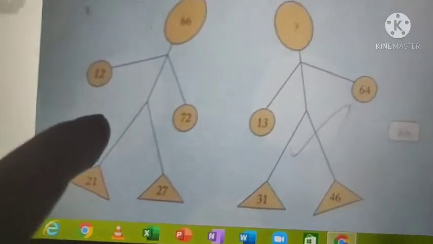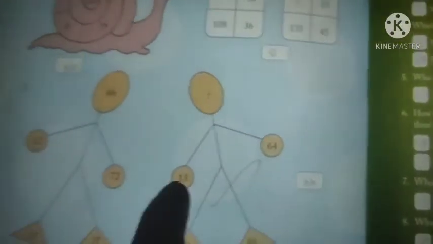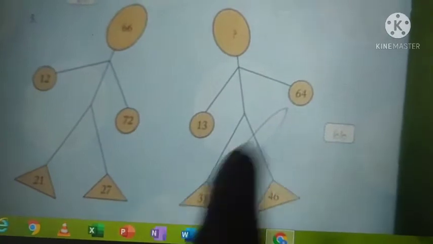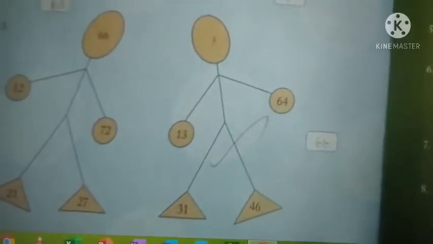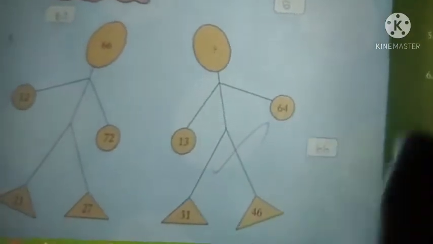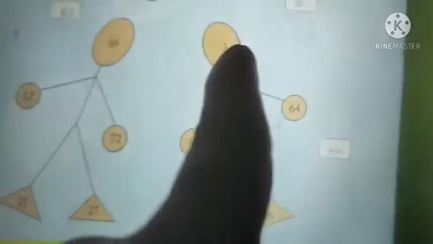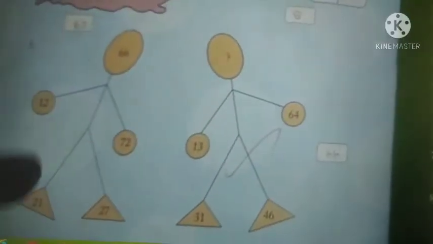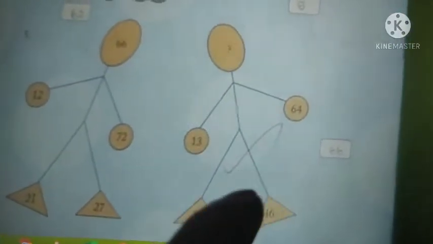A small trick they have used just to confuse us. This side you see 1 3, 3 1, 6 4, 4 6. That's all. The numbers 1 3, 3 1 are changed and they wrote everything. So if you change here, nothing changes. 6 6, 6 6. Head value is the same, body value is changed. That is a small trick.